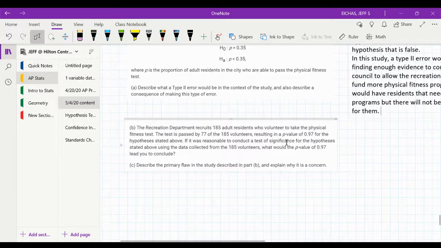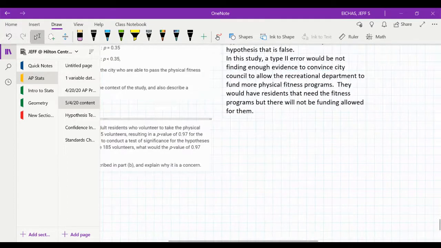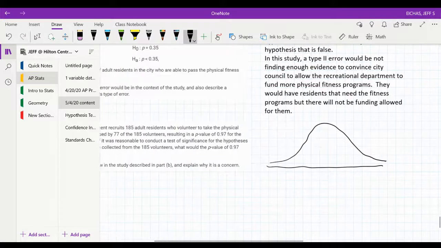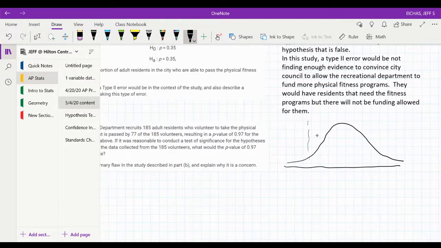All right, so B. That's interesting. It's almost half of the adult residents that volunteer. It's just under half, way over 35%. So 77 out of 185 actually passed the test, which is way high. So what's going on there is, let me show you here. They're doing a statistical analysis of the data, and instead of it being so extreme, so far below 0.35,